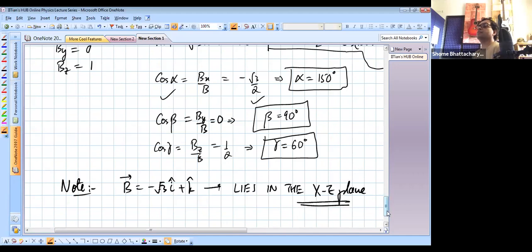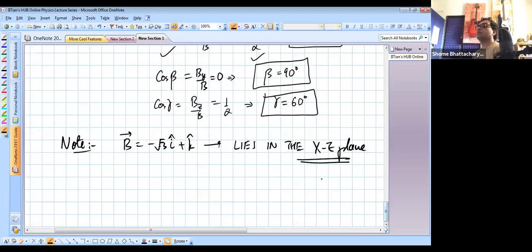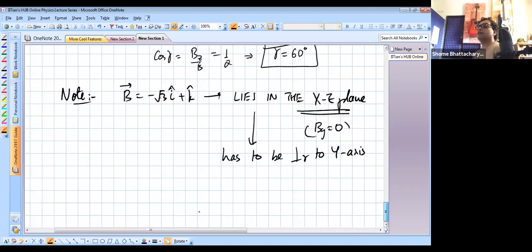How do I know it lies in the xz plane? Because its y component is 0. Therefore, because it lies in the xz plane, it has to be perpendicular to the y-axis this time. In fact, if we draw a diagram of the xz plane like this,